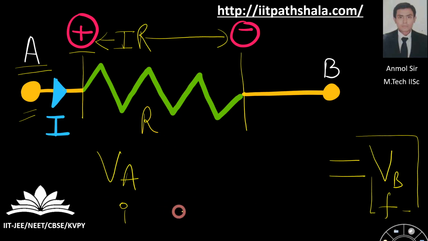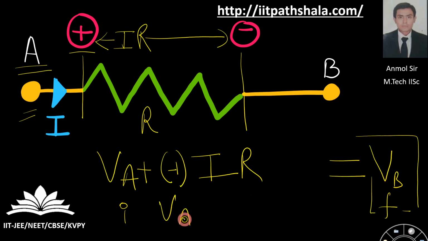You should be writing it at left hand side in conjunction to your initial reference point. Okay, so I am traveling from this resistance, so the voltage across this resistance is IR, and by the law itself I have to multiply a -1 with this IR. So what I'm doing is, I am multiplying a -1. Okay, so VA plus -1 IR equal to VB. Okay, so I am having this equation over here.